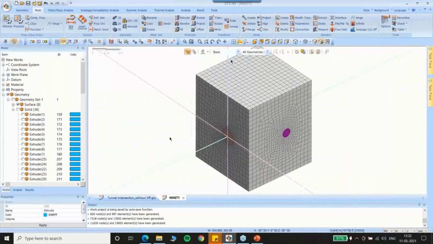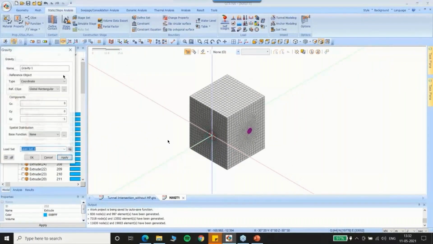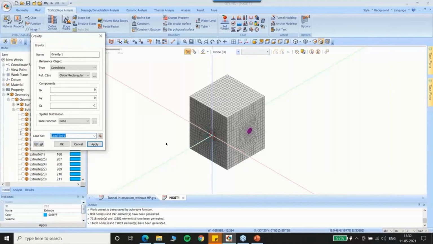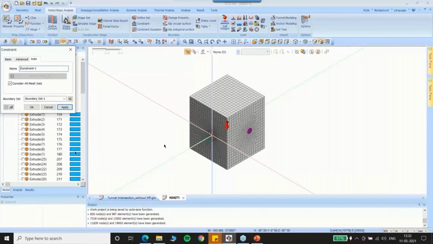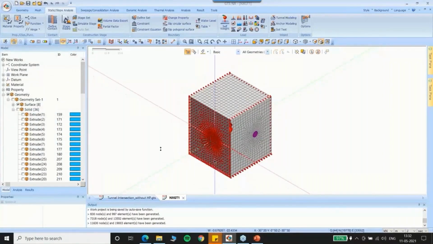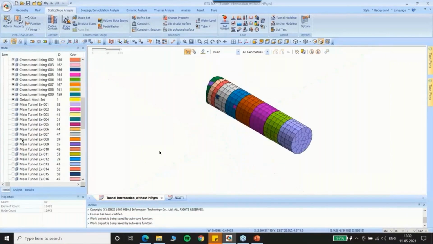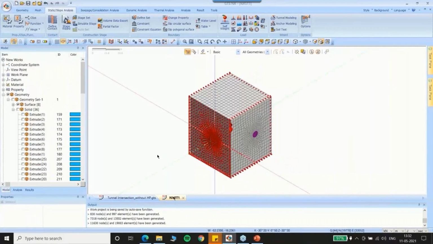So our geometry and our meshing is complete. All we need to do now is supply the loading conditions, that is the self weight or the gravity loading, and I just name it as SW. Press OK. And in the constraints, we just go to constraint and go for the auto constraints. I name this set as BC or the boundary conditions. I press OK. So here our model is complete. It looks exactly identical to this model, like this. Okay. So this is the basic protocol that you have to follow to create a model,